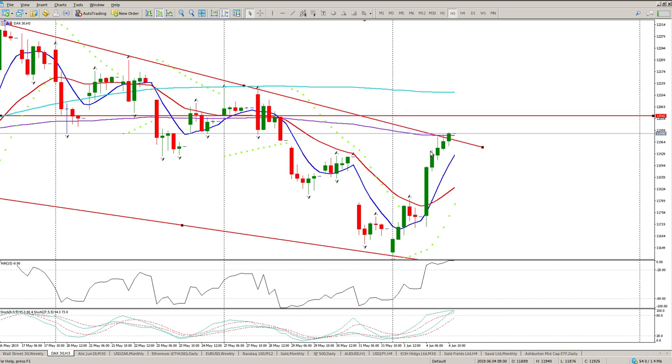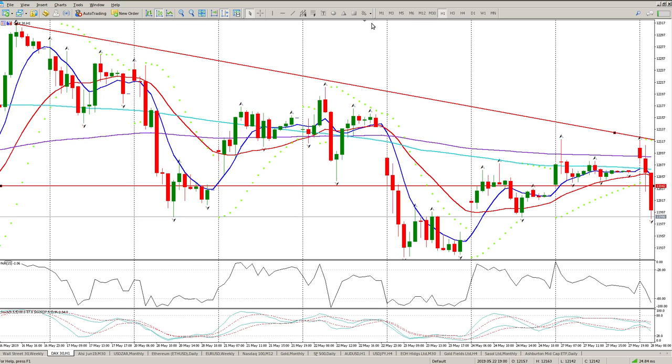The trend, has it changed? I'd argue on the 3 hour it could potentially have changed, but I do want to see a bit of a pullback. I want to see a higher low first before we start looking at that. Okay, so looking at the hour,